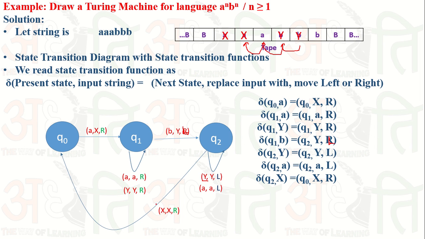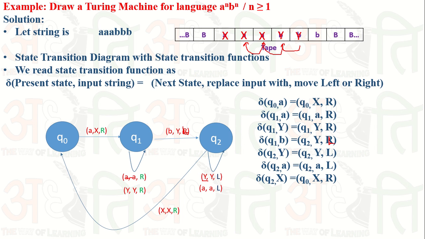Now what? Now we are having X. After getting X, we move to state Q0 and replace X with X. After that, history will repeat. If we are facing A, then we replace A with X. Then here there is no X, so this is not performed, but there is a Y.